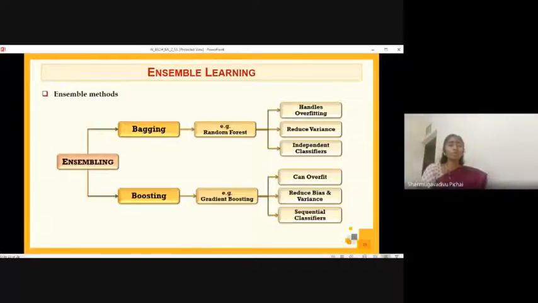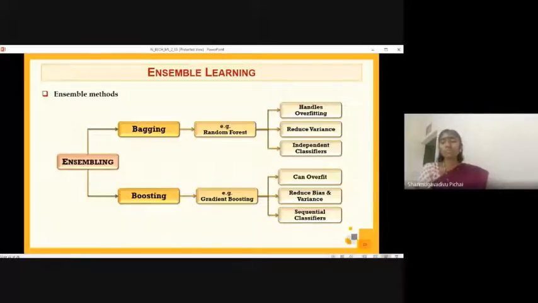So I hope you understand what is meant by bagging and what is meant by boosting. This may help you when you try to improve upon the model beyond your development. So what are the features of this? As you talk about bagging, it handles overfitting. You'll be able to manage overfitting well, and it reduces the variance. As we discussed in the last class, what is meant by variance? Then it can incorporate independent classifiers. Suppose I want to work with bagging, I can get one result out of a decision tree, and I can get one result out of, for instance, a Naive classifier. I can combine them together, provided each of these models is ideally suited for the problem that we are discussing.